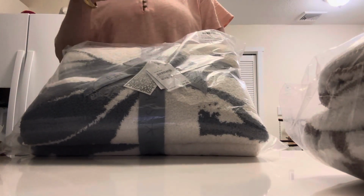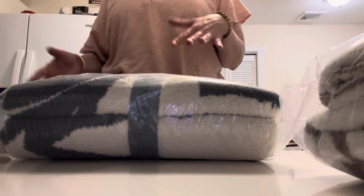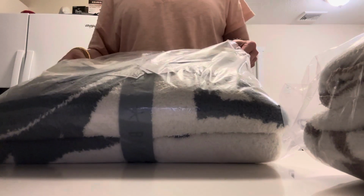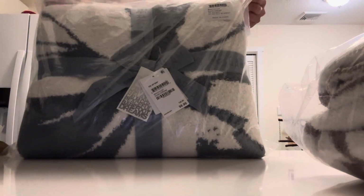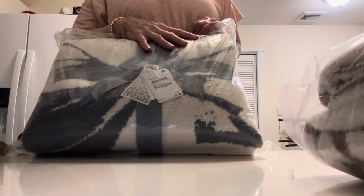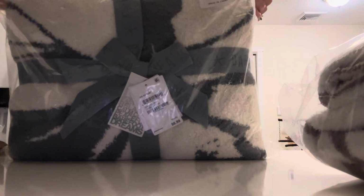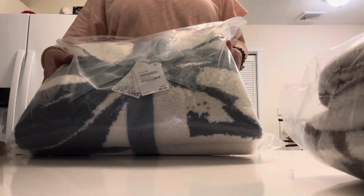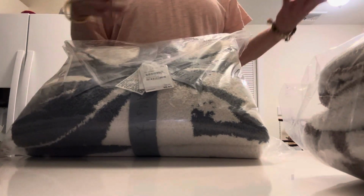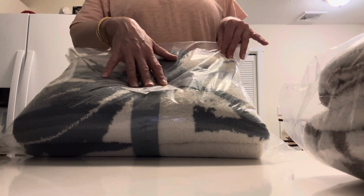And I didn't want to get us the same color one. So just kind of a nice throw for when you're sitting on the sofa watching TV, or maybe even in the car. I know sometimes she gets cold in the car. She can bring this in the car. These are machine washable. I'm not going to open them because I'm going to wrap them at Christmas. And I do buy some stuff for myself and wrap at Christmas and put it under the tree just because,